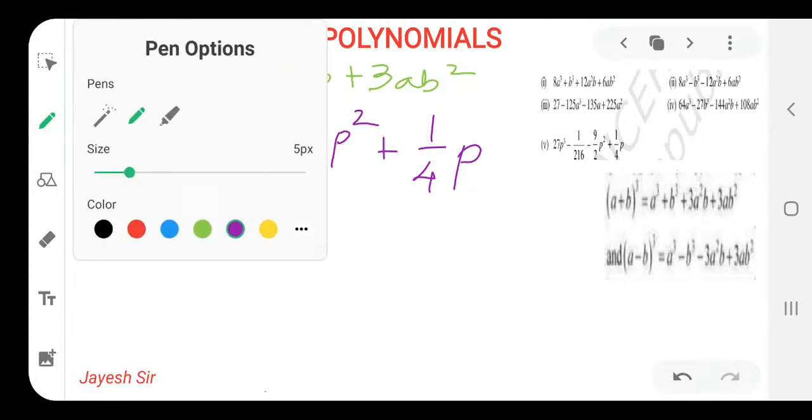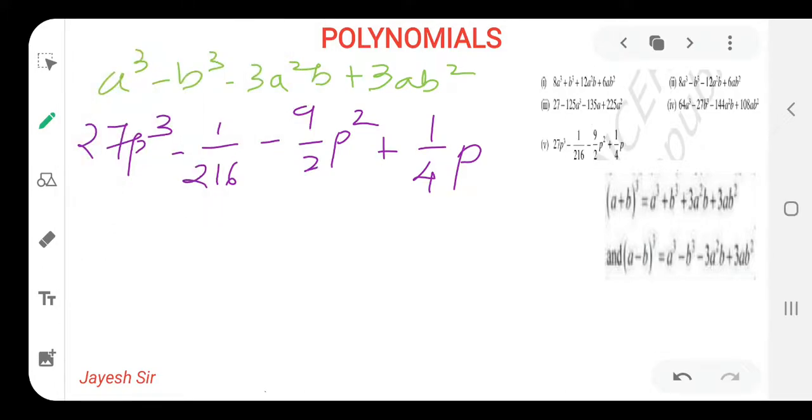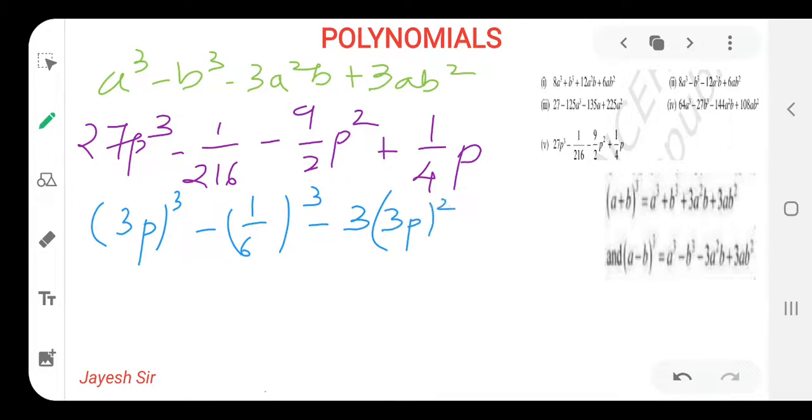So let's compare it with the formula that we already wrote over here. 27 is the cube of 3, and p cube, so 3p. 216, as I already told you, remember the cubes till 10, so after seeing that we can directly say that it is the cube of 6. But it is in the denominator, we have to keep in mind that it should be in the denominator only. Now we'll write as per our question. A means 3p, so (3p) squared and 1 by 6 in the denominator, plus 3 times the value of a, which is 3p, so we'll write 3p over here, and the value of b is (1 by 6) the whole square.